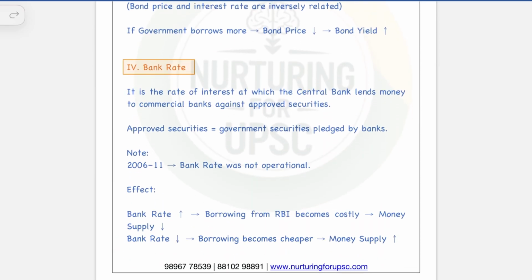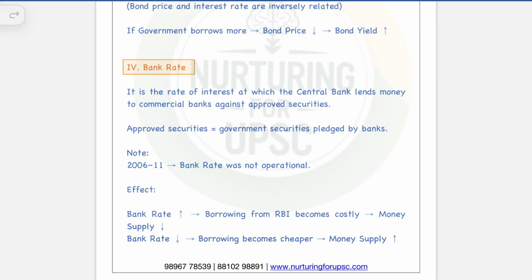In addition to this, there are bank rates as well. It is the rate at which the central bank lends money to the commercial banks against approved securities, and generally it is given as the repo rate plus some 25 to 100 bps, basis points, above the repo rate. We'll be discussing what the repo rate is, but bank rate is the rate at which banks can borrow money from the RBI,